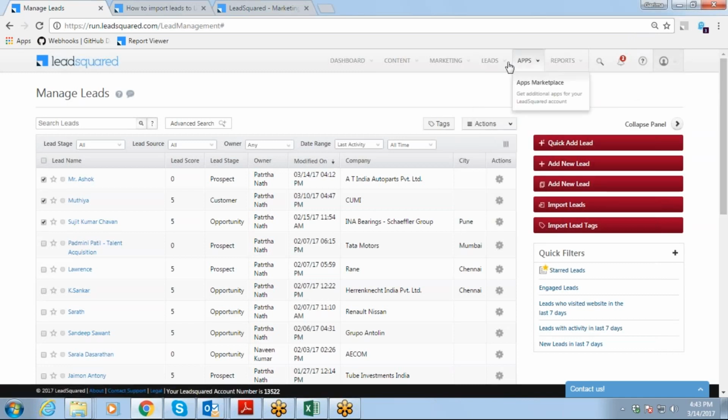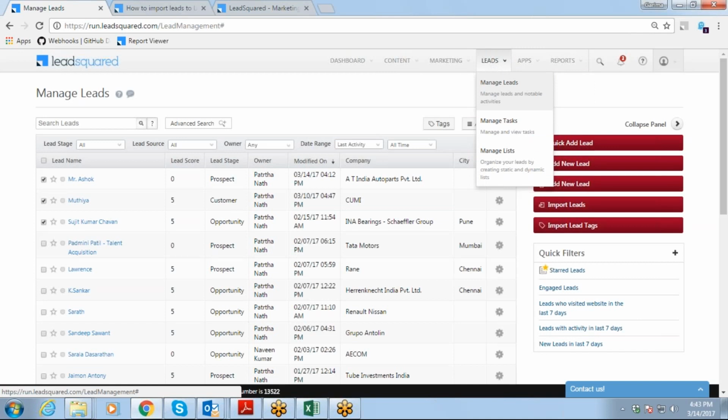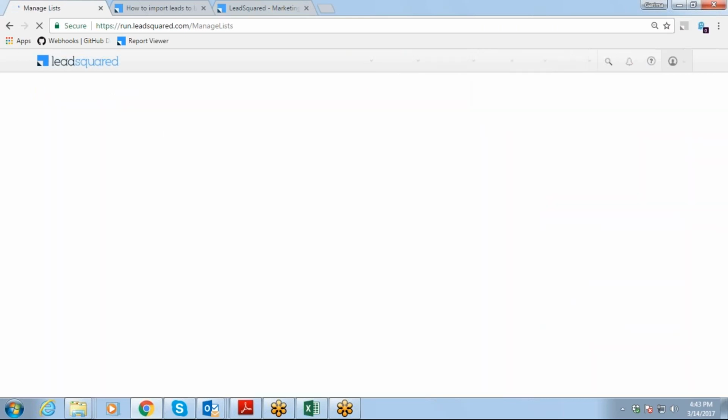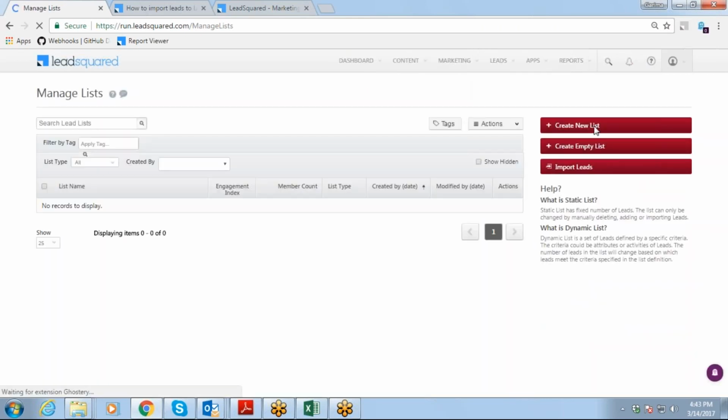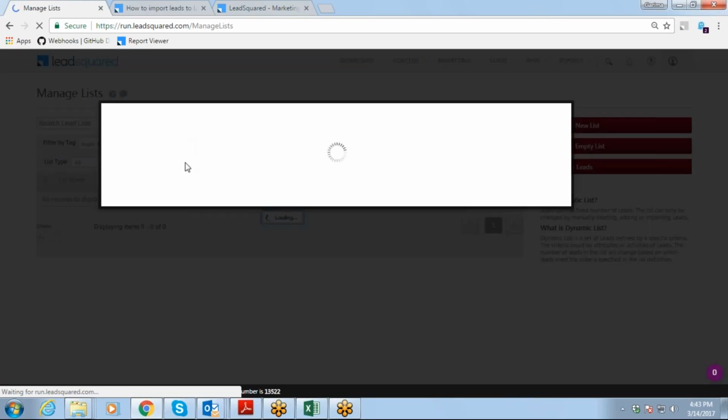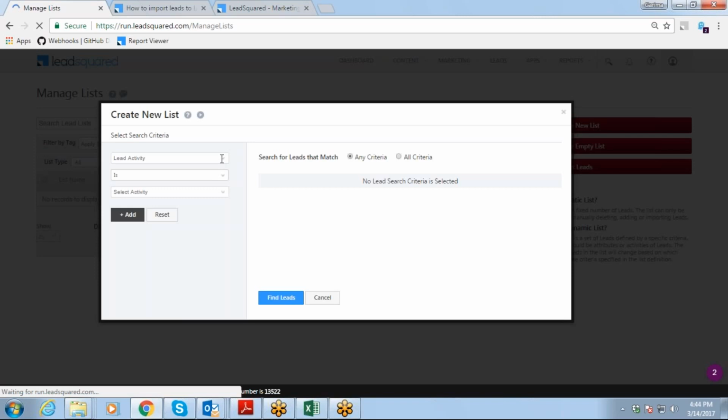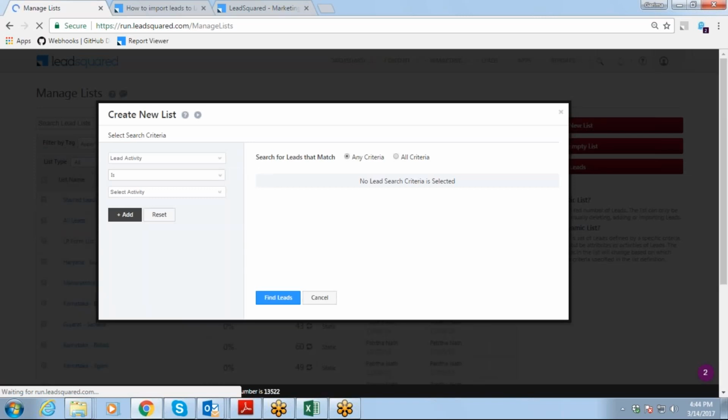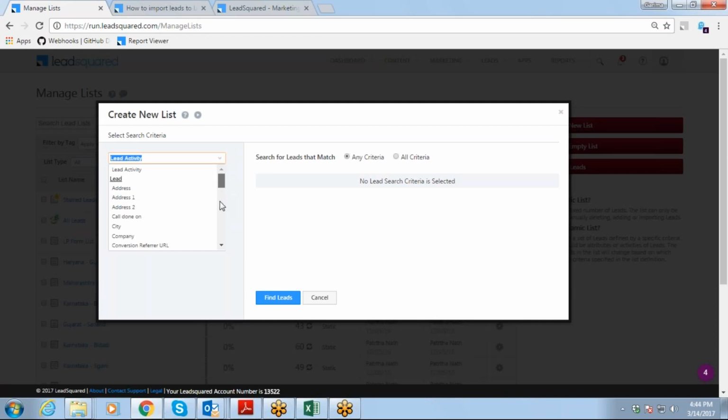See, you can create a list named email, but you need to give it a criteria. For example, go to manage list, go to create new list, and select on what basis you want it, whether the email was sent or created. You can select it from here. The system is a bit slow.